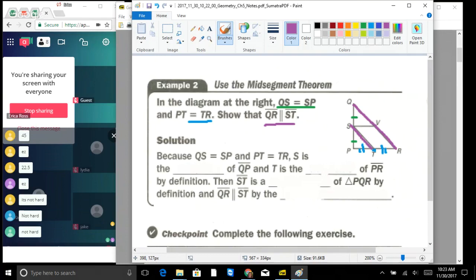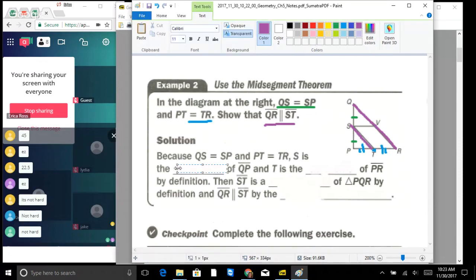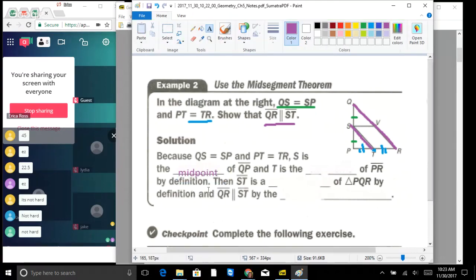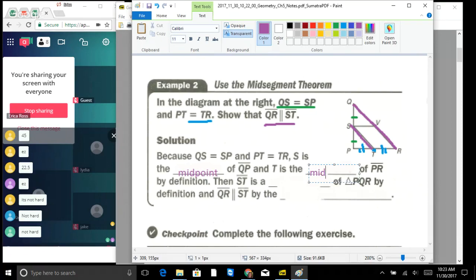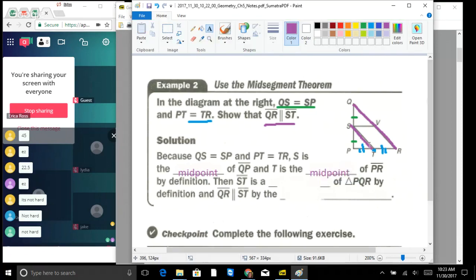All right. So it's kind of typed out here for us. Let's fill in the blanks. Because QS is equal to SP and PT is equal to TR, S is the midpoint of QP, and T is the midpoint of PR. We already established that by definition, right? So now, because S is the middle of Q and P, and T is the middle of P and R,